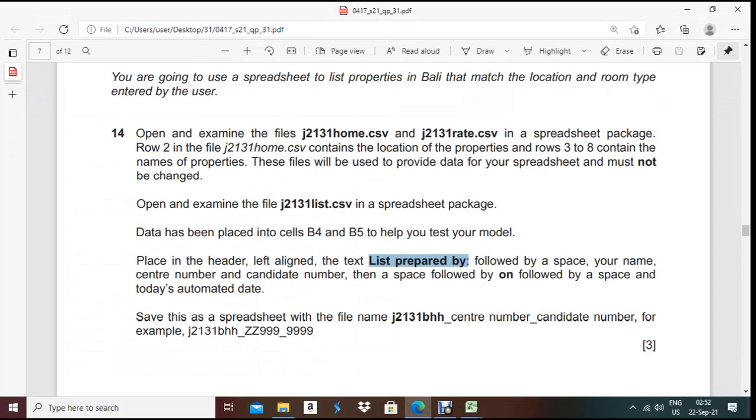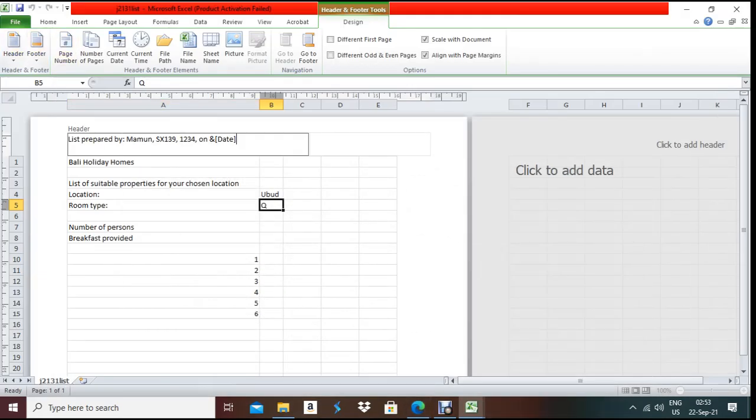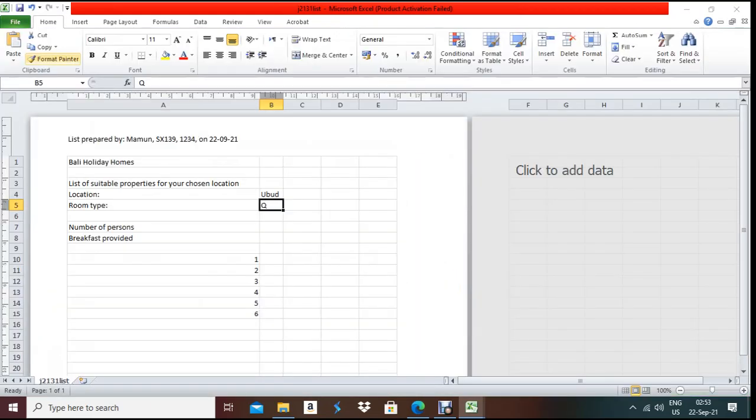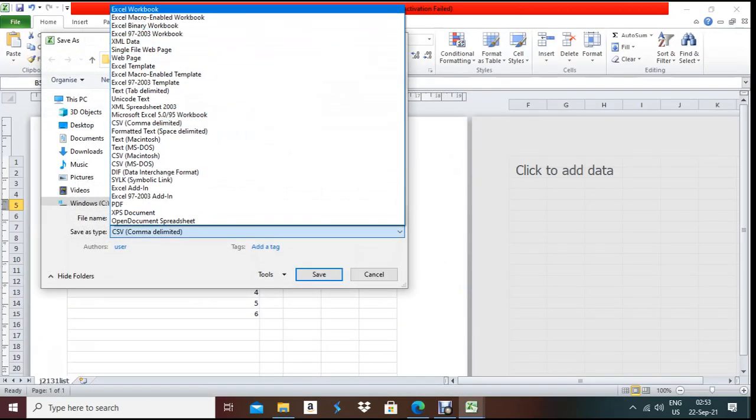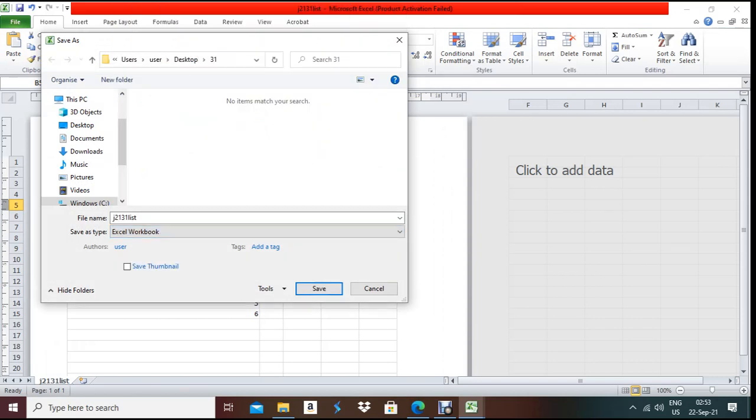After that, save this spreadsheet file with the file name j2131 bhs underscore. Let me save it: File, Save As, in the same folder. It should be an Excel workbook. When you create a spreadsheet from CSV, you need to save it as an Excel workbook.